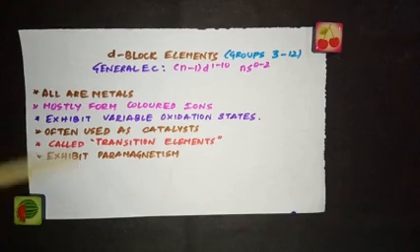These D block elements exhibit paramagnetism, which means if these elements are kept in a magnetic field, they align themselves along the direction of the magnetic field. When atoms align themselves in the direction of the magnetic field, we call them paramagnetic. So these D block elements exhibit paramagnetism. You will be learning about all this in detail.